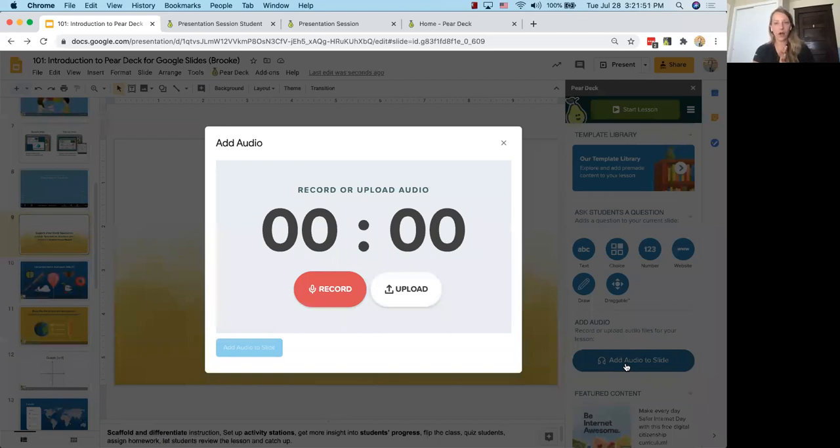And then you have a couple of options. The first is to record live. So record your instructions or your greetings from this audio box, or you can click upload here and upload any audio file from your desktop. I'm going to click record, and then I'll just leave you quick instructions for later. So,